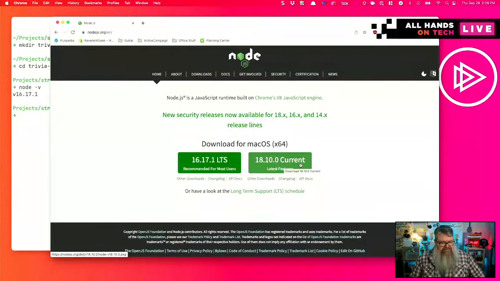The current, which is now 18.10 as of right now, is the future version of Node.js. It's got some experimental code, and it's great for trying out new Node.js features that are coming down the pipeline.